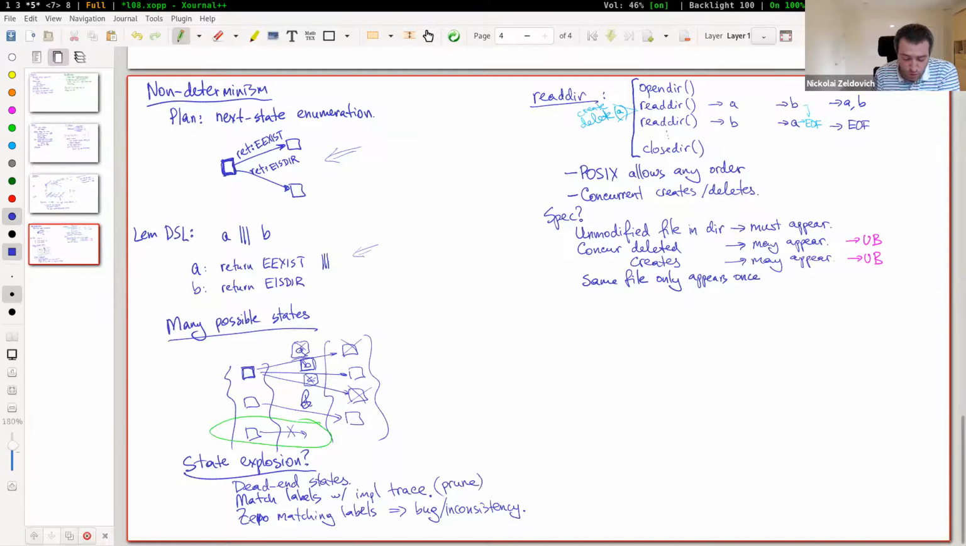So if you call reader, the same file name will not show up multiple times in the result of reader. So I think this is basically a hypothesis they state. I don't think it's actually correct for most file system implementations